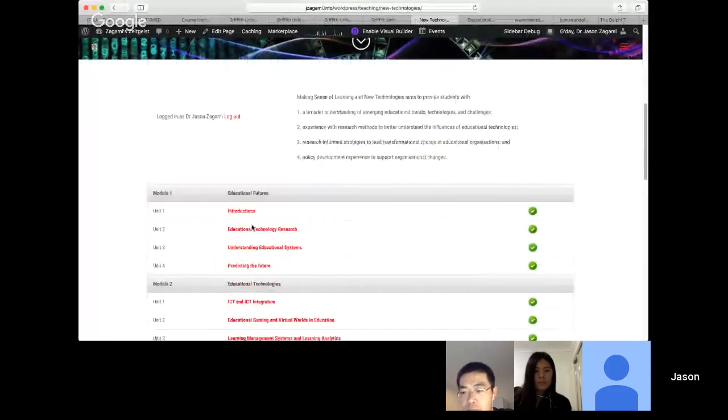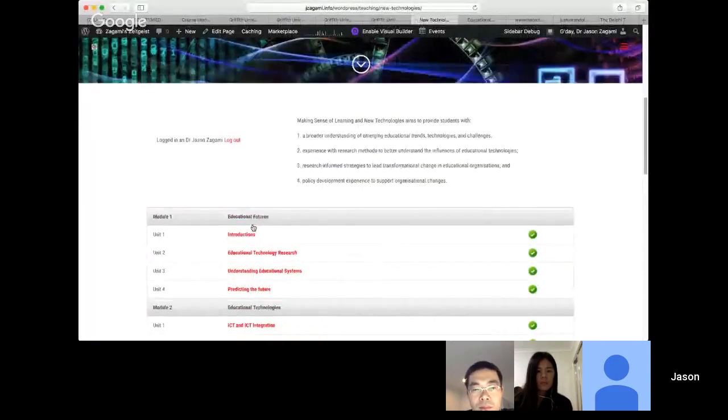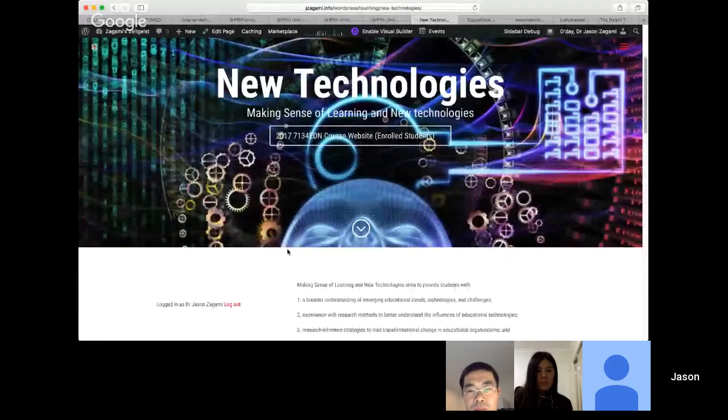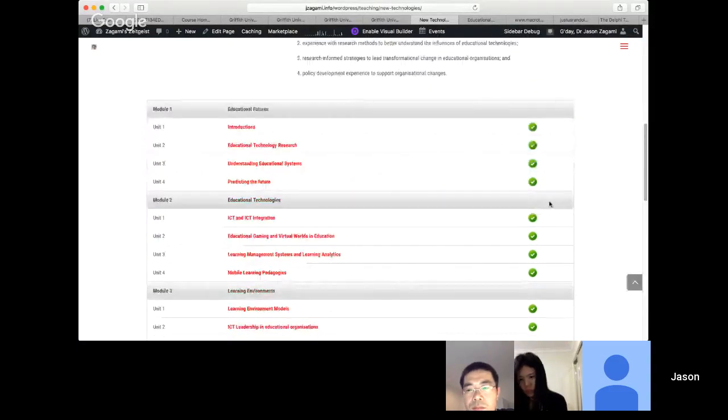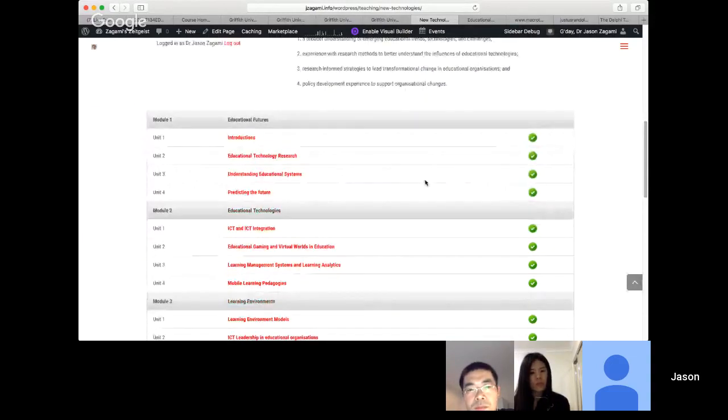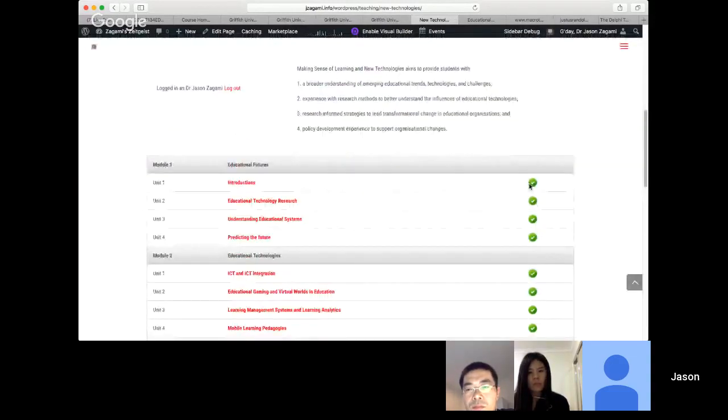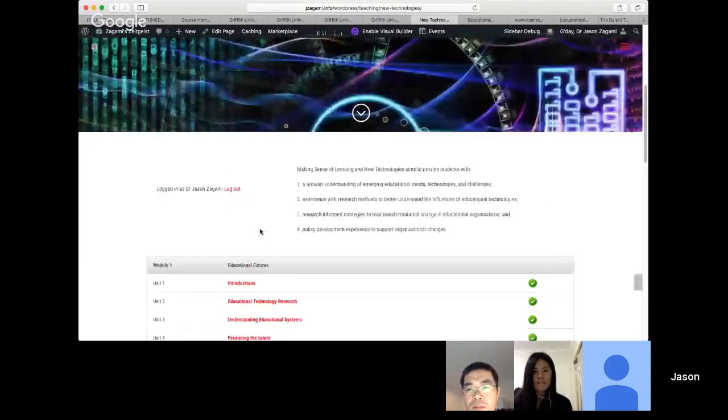Unlike the Learning at Griffith page, this can track your completion of activities. Because I give you 20% for completing activities, I need a way of tracking your progress. Mine are all ticks because I've completed everything, but yours won't show all ticks. It'll show you which things you've completed and which you haven't.